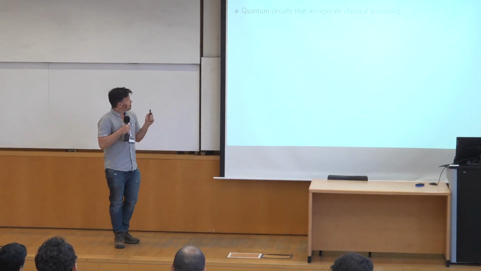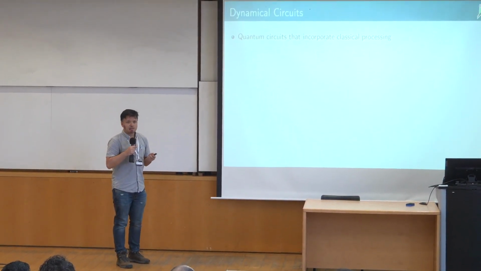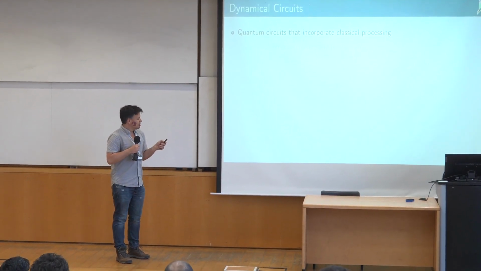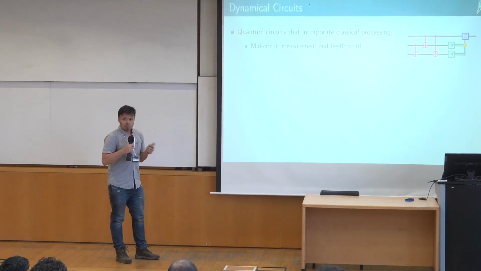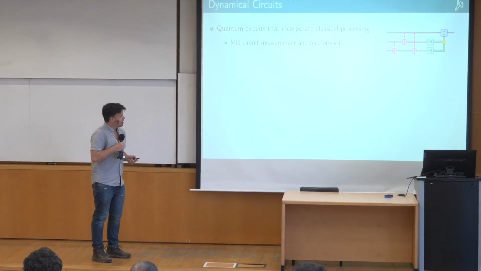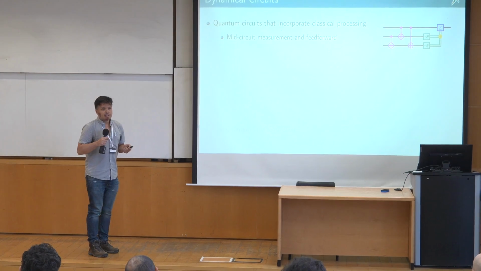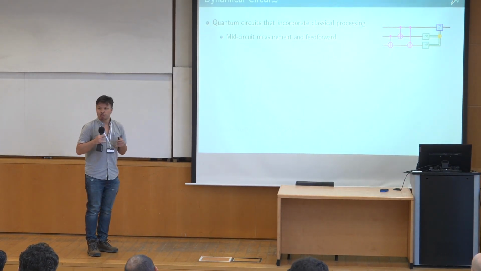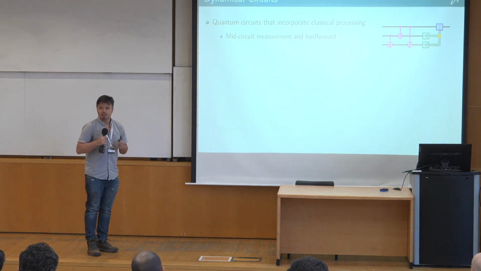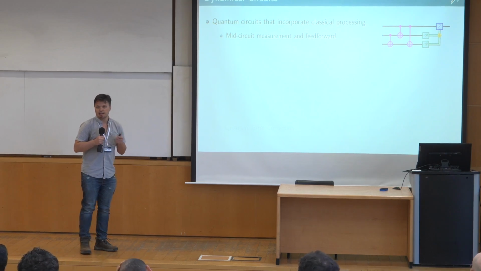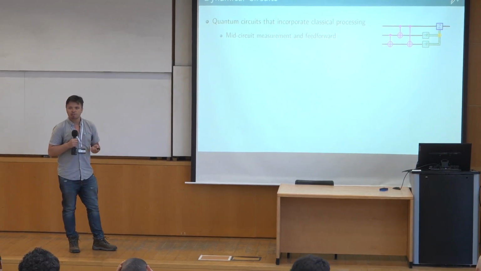So as we know, dynamical circuits are quantum circuits that incorporate some classical processing. And this is usually done by using mid-circuit measurements and feed-forward, okay? So I put a small circuit over there. And this is useful because dynamical circuits can overcome some limitations of the current hardware that we have, because we can make the circuits shallow by using fewer 2-qubit gates at the cost of using more measurements and extra